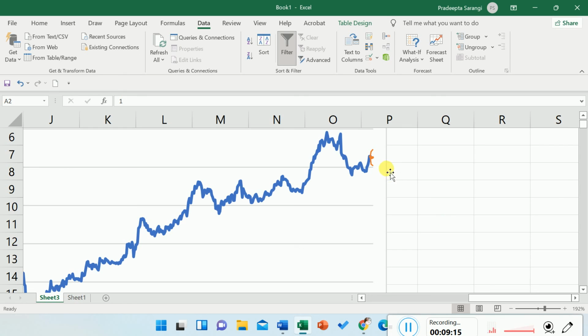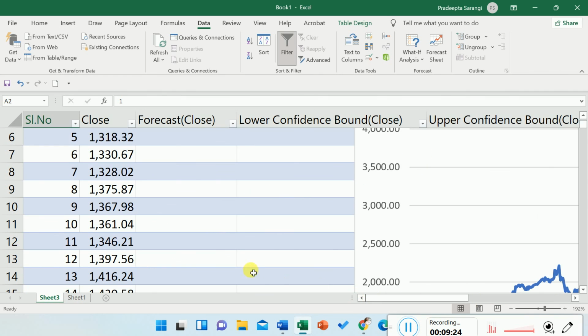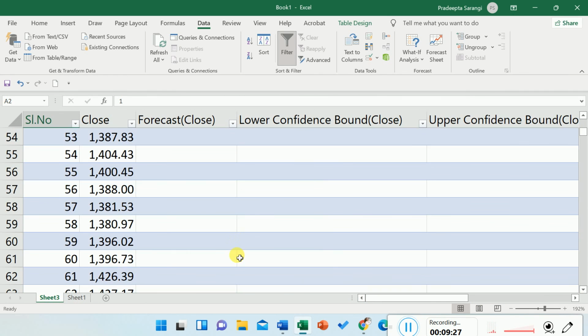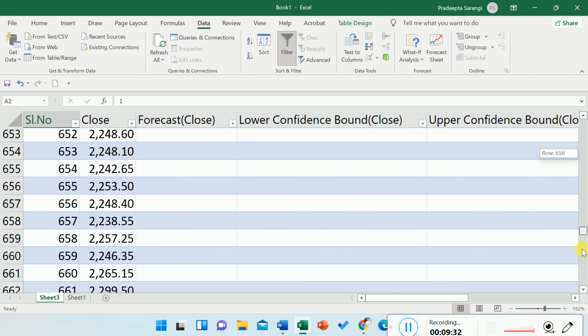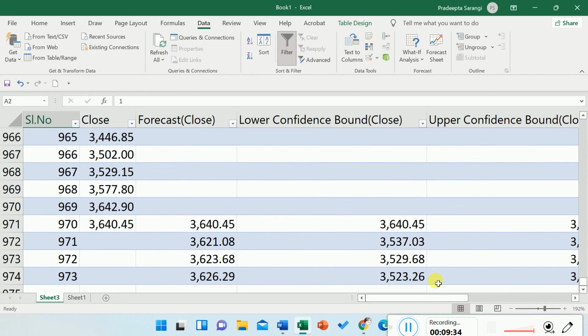Now let's calculate what the forecasted value is, what the upper range value is, and what the lower bound value is. Here the values are also given in numerical figures. Here we can see we have total 970 data. Here we are getting the forecasted value for the 91 days. After the third it will be 6th of December.